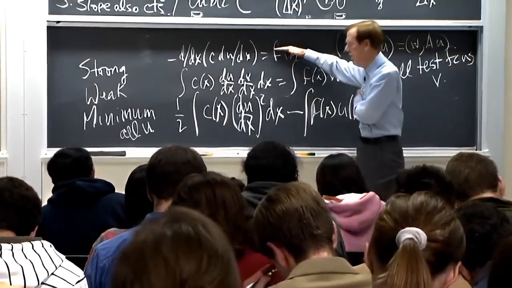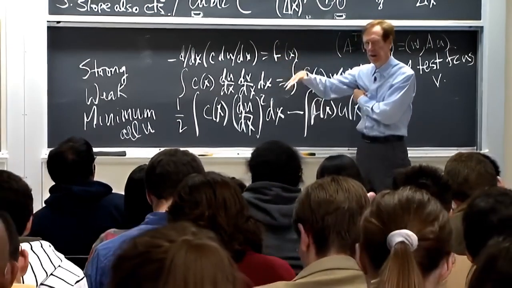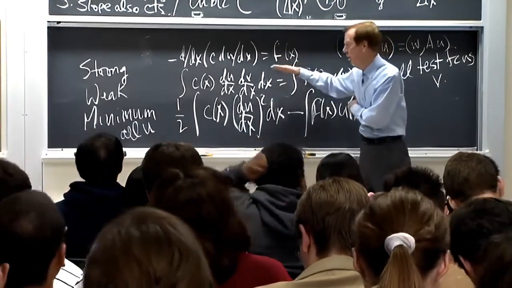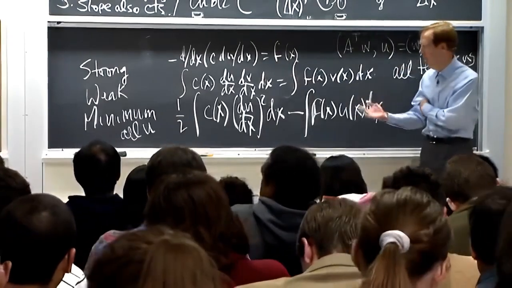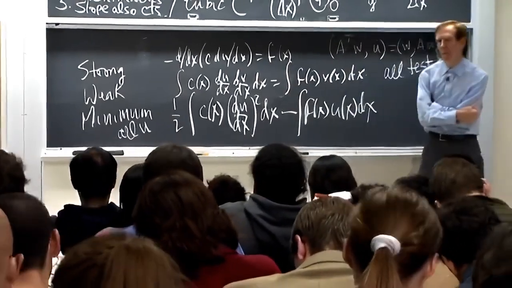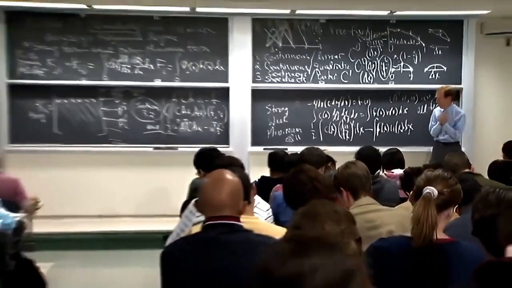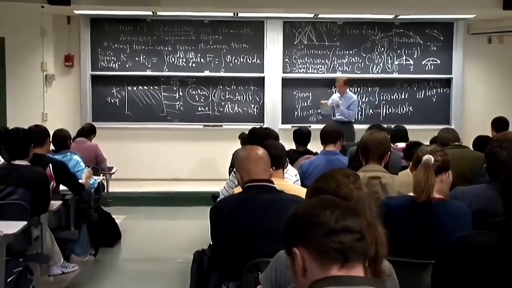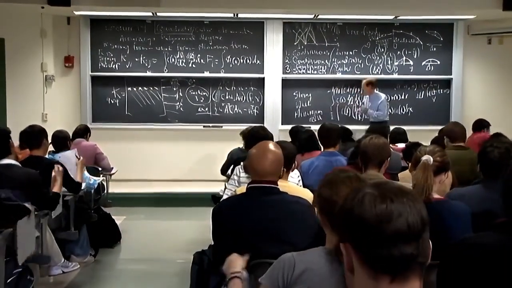You see a differential equation, which we use for finite differences. You see a weak form, which we use for finite elements. And now you see a minimum form. OK, that gives you something to think about. And there'll be a homework on finite elements that'll give you a chance to use